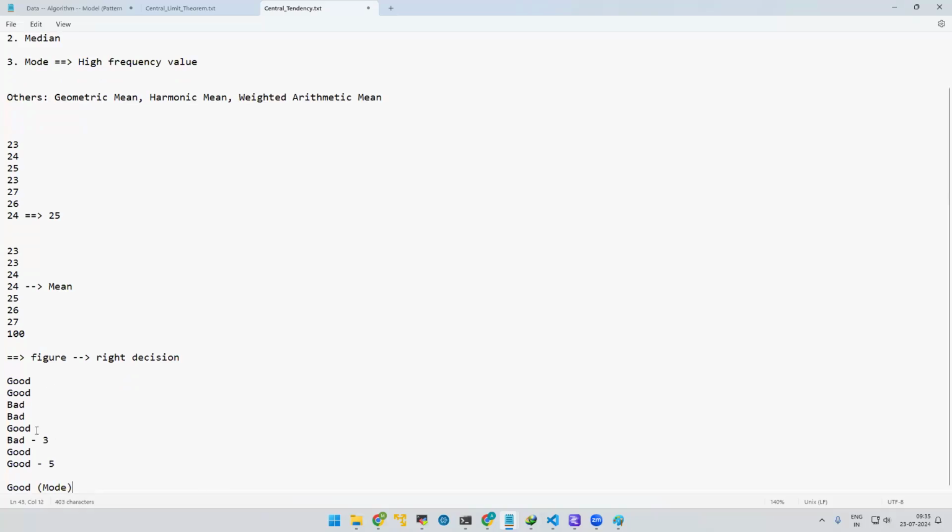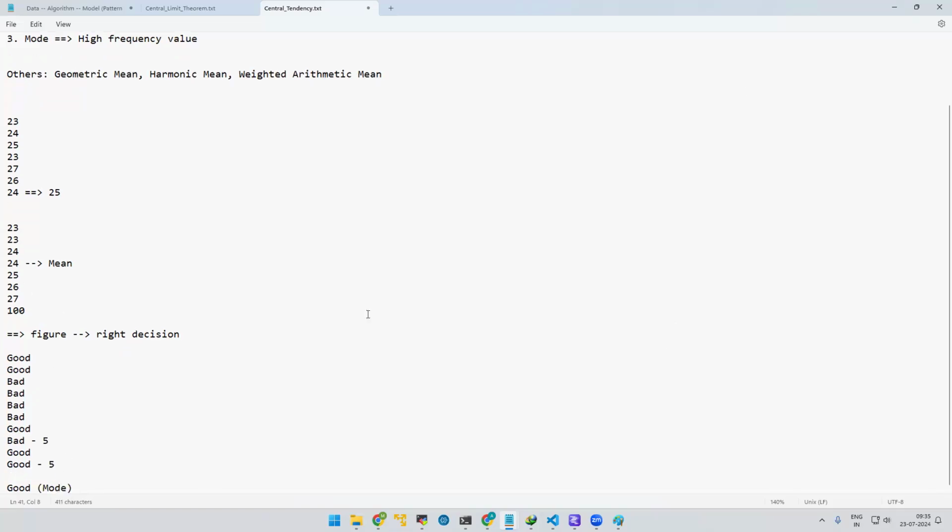What if both are the same? Let's say bad is also repeated 5 times. In that case, we can take any value we want. It doesn't matter. Okay, is that clear? Sir, if there were numerical values like 1, 2, in the same way as good or bad,